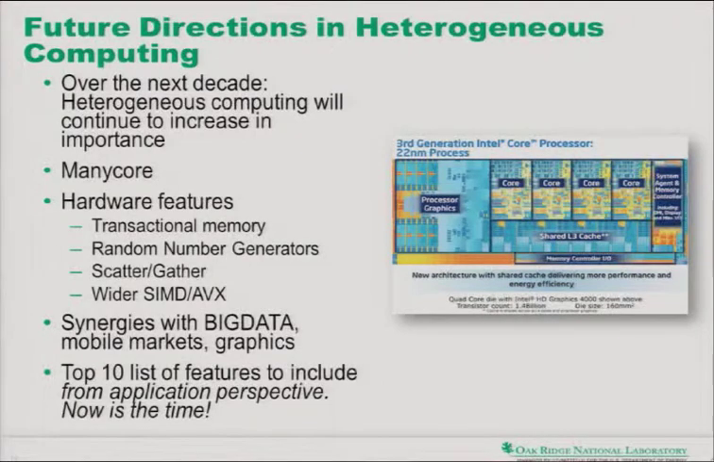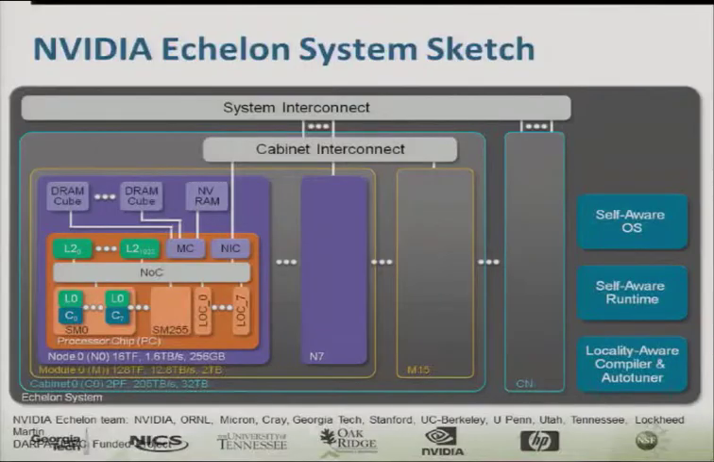All that stuff is coming, and we need to be able to understand how to take these features and integrate them into our code. Just to give you a target, when we were working with NVIDIA a year ago, we came up with this system sketch of a system called Echelon, an idea for an exascale system. At the lowest level of the nodes, a processor chip would look like this. It has a lot of streaming multiprocessors, a la Fermi or Kepler, and some latency optimized cores,